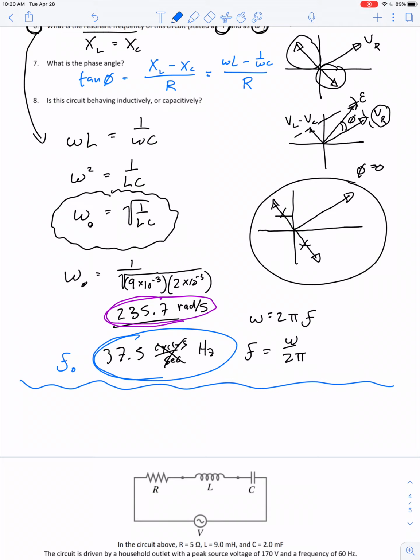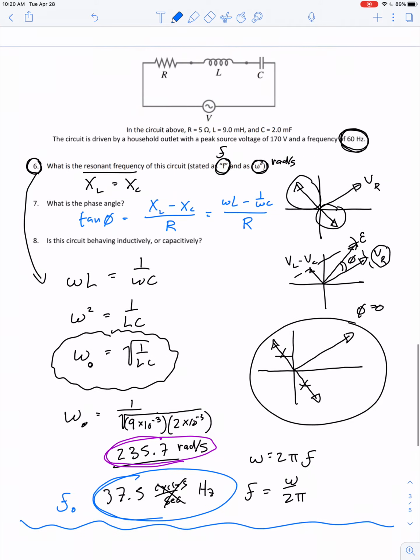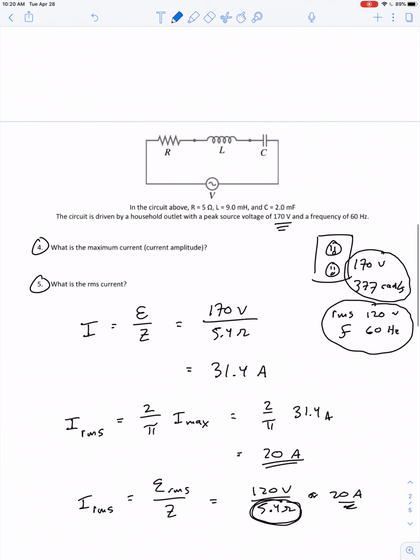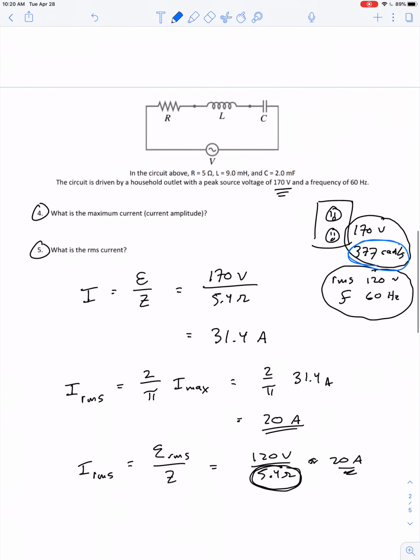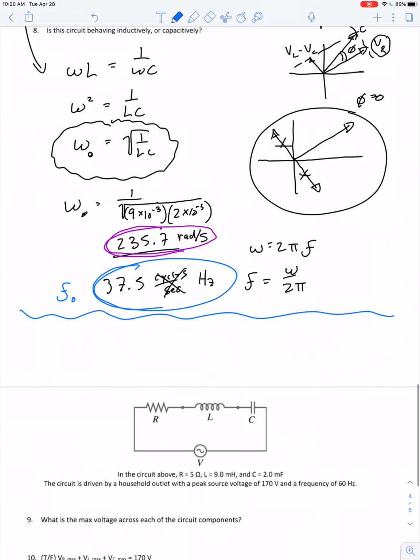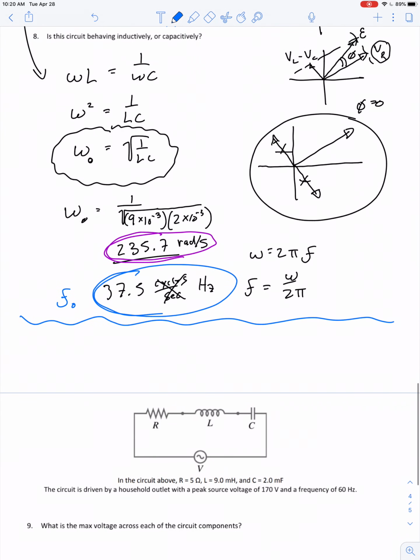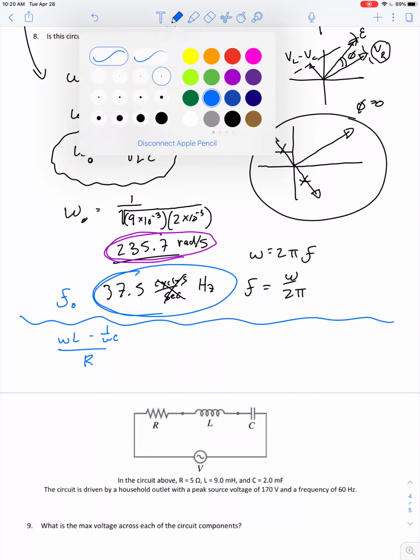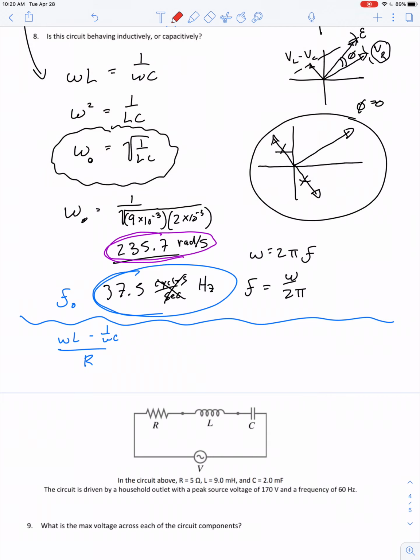Omega L minus 1 over omega C over R. Let's get rid of any rounding issues and sig fig problems. So omega is the same thing as 2 pi f. So we can say 2 pi f times L minus 1 over 2 pi f times C, all divided by